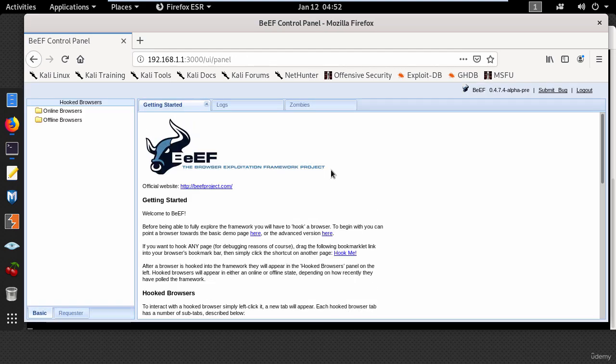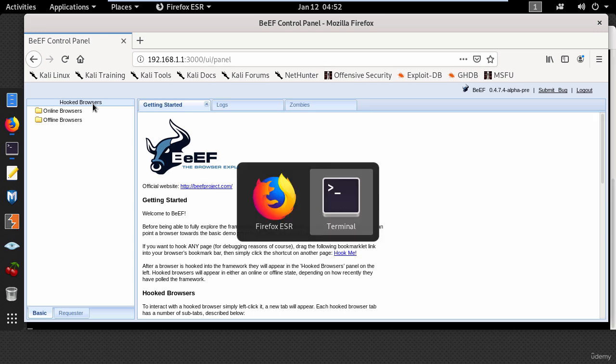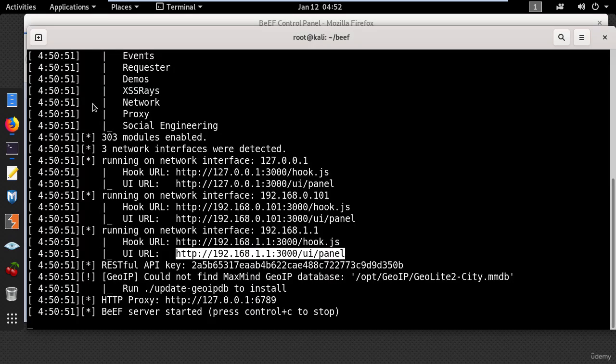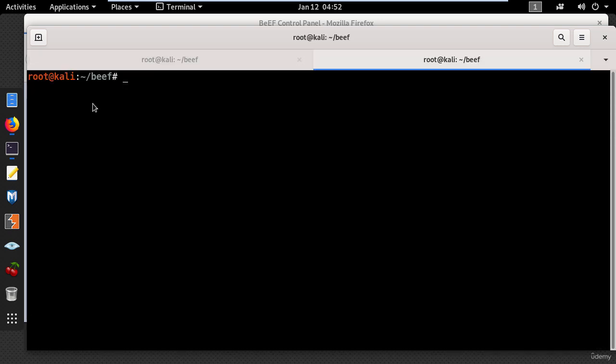And on the left is the hooked browsers panel. And I don't have any target hooked for the moment. So let's see how to hook a browser. And to do that, I'll go back to the terminal and open a new tab. And change directory to